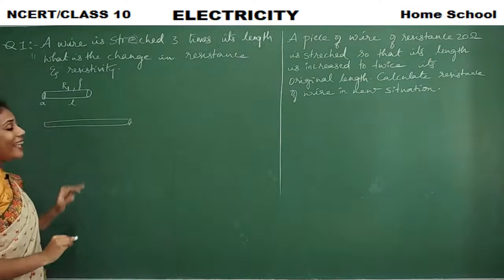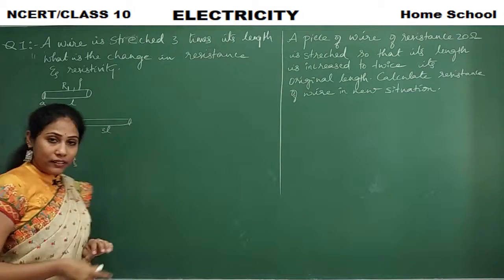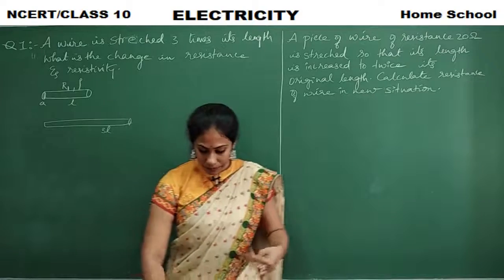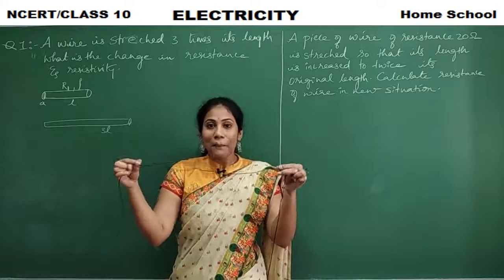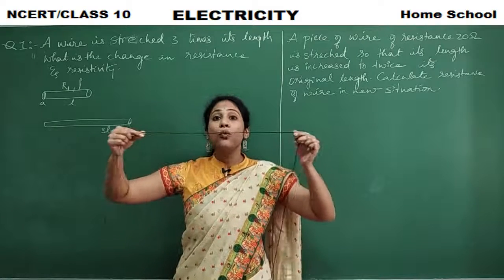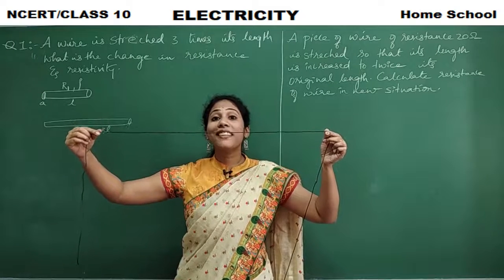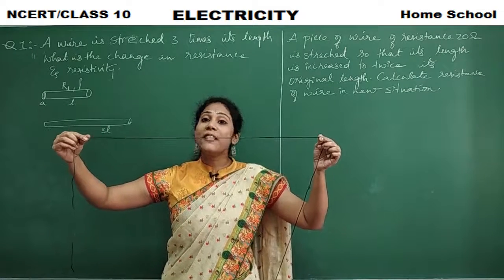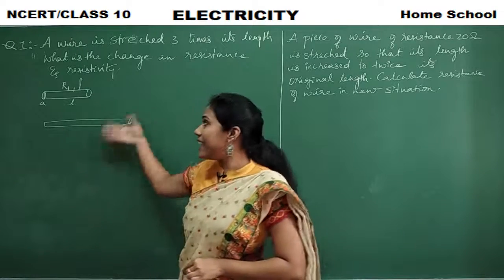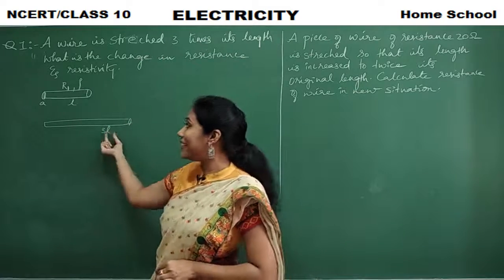So what would happen for L? L also will increase by 3 times. So here the length is 3L, isn't it? Say for example, you have this wire. Anyway, this is not a stretchable wire, but still, say this much is the wire I took. When I stretch it, what would happen? The length will increase. I am stretching it 3 times, so the length also will increase by 3 times. That's the reason I have written here the length is 3L. Original length was L, but I am stretching it 3 times, so the length is 3L.